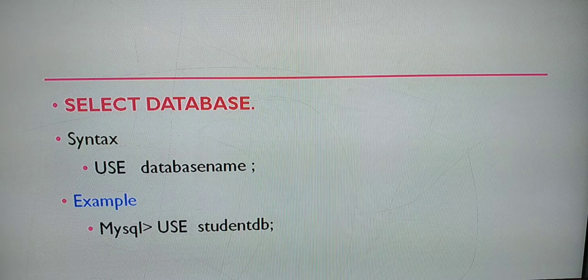MySQL, it is nothing but your command prompt. Use, yes, it is your function, and next you people are having the student DB, so it is nothing but your database name. And it is terminated by semicolon for you. Okay, wow. So we have finished nearly 3, what are they? Create, drop, and the next one it is your select.